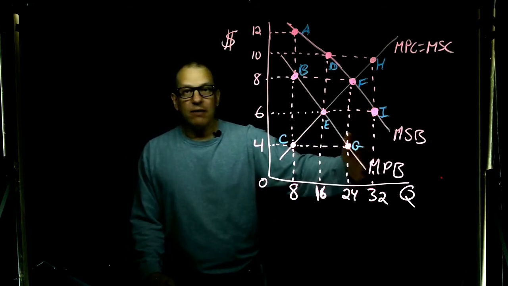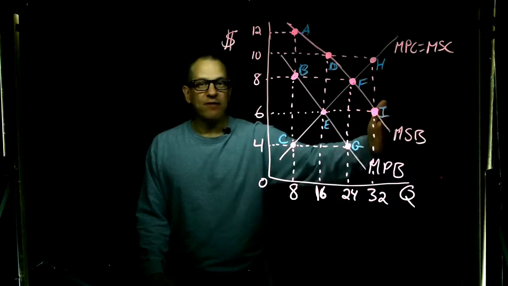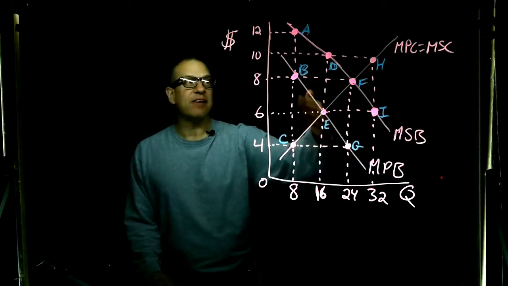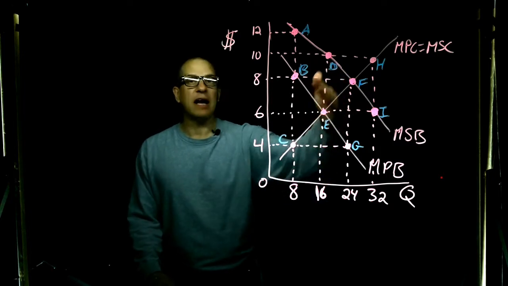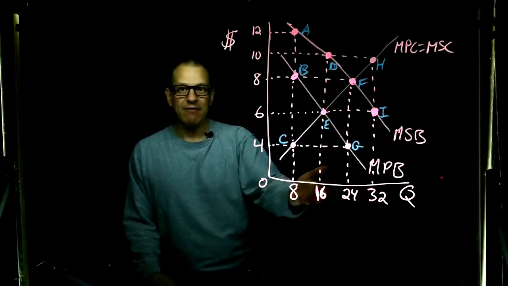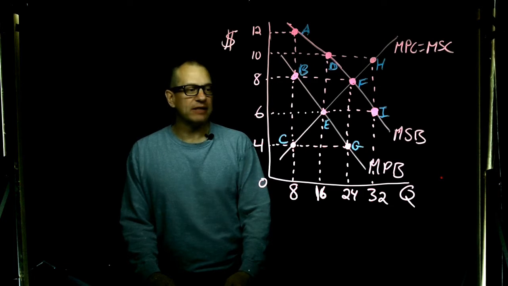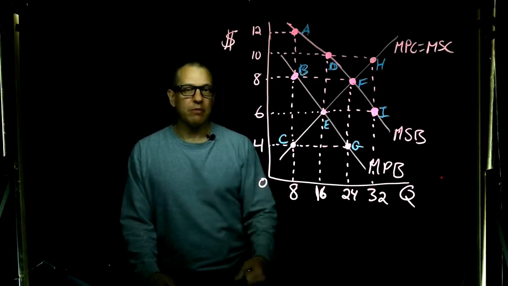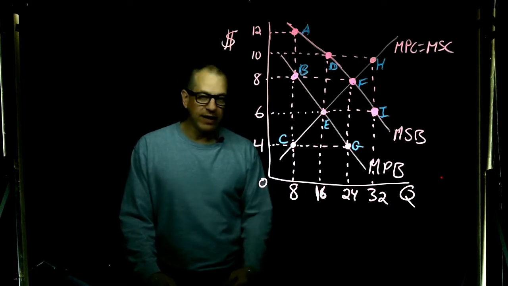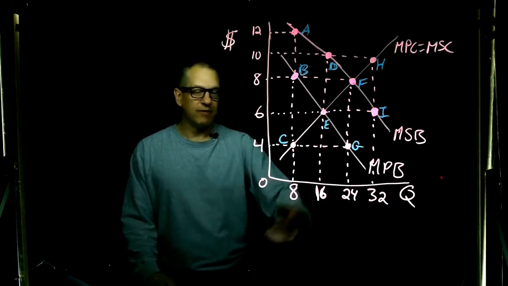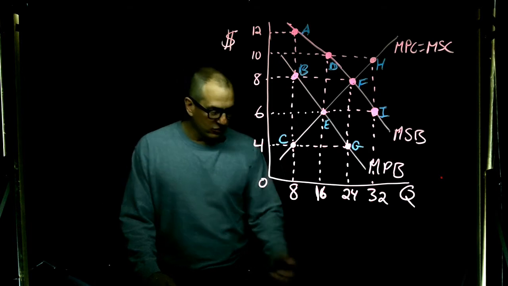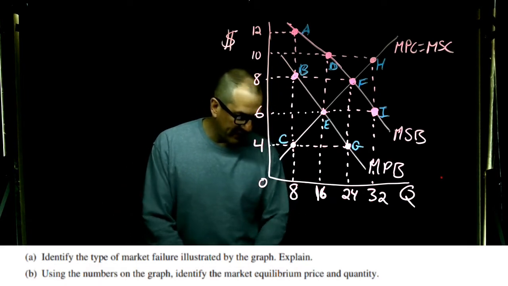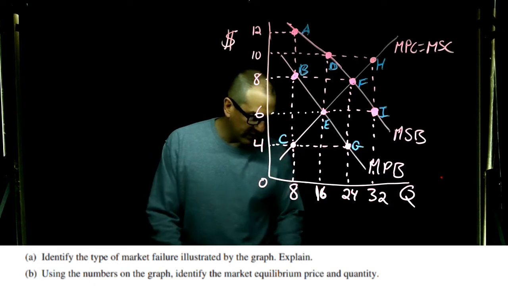If we have a greater marginal social benefit curve in existence, we're going to see that society is going to benefit if this curve was higher. We would then have 24 units in the marketplace at a price of $8. But society would benefit more from this great invention of the word processor if we were to have more out there. So the first question that it asks says,